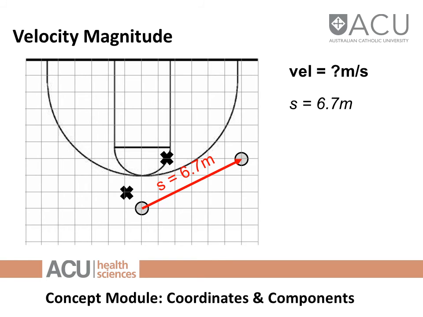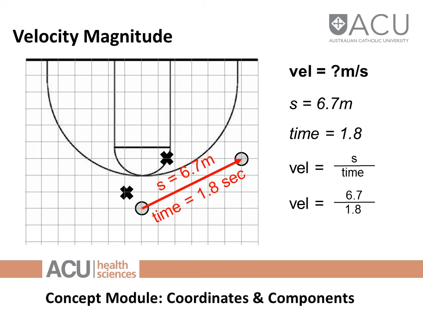And so if we already know our displacement, which is 6.7 meters, we've calculated here, and we've given time, so let's say that our coach has timed that particular play, or we can watch it back on the video and calculate that's 1.8 seconds, then we can simply put it into our equation of velocity equals change in displacement divided by change in time, 6.7 divided by 1.8, and our average velocity in this particular play was 3.72 meters per second. You could then go on and calculate acceleration as well,